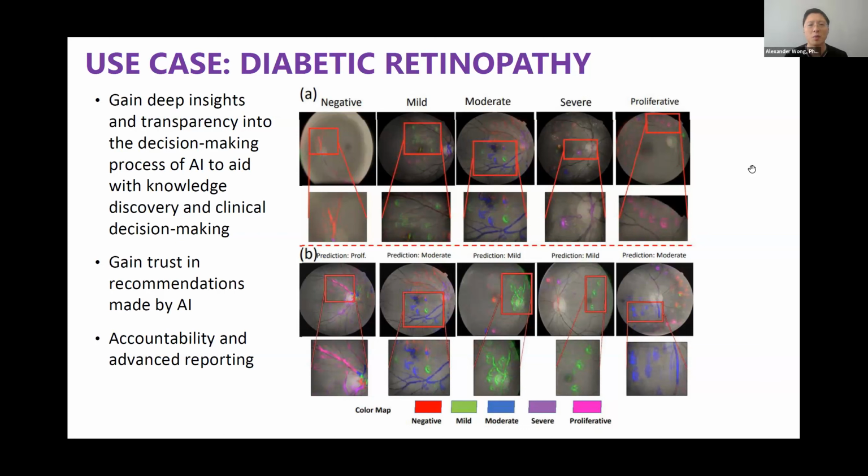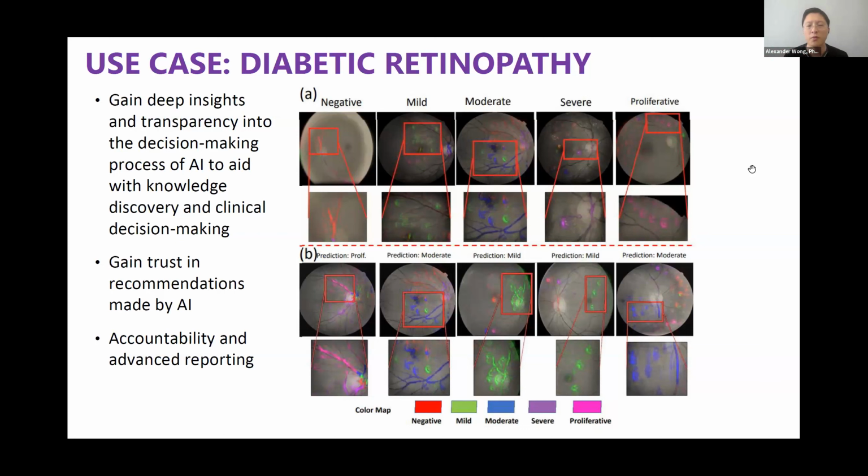And so in this case, for diabetic retinopathy, rather than telling them, okay, this person has a mild case of diabetic retinopathy, a severe case of DR, moderate case, and so on and so forth, which really doesn't help the clinician, what we show is, okay, these are the different areas identified by the AI that you should be concerned with. There are certain regions here where it's showing signs of moderate DR. There are other areas where it shows negative. There are other areas where it thinks there's a mild response. And so instead of just giving one particular prediction, it shows all the predictions as well as all the rationale behind it.